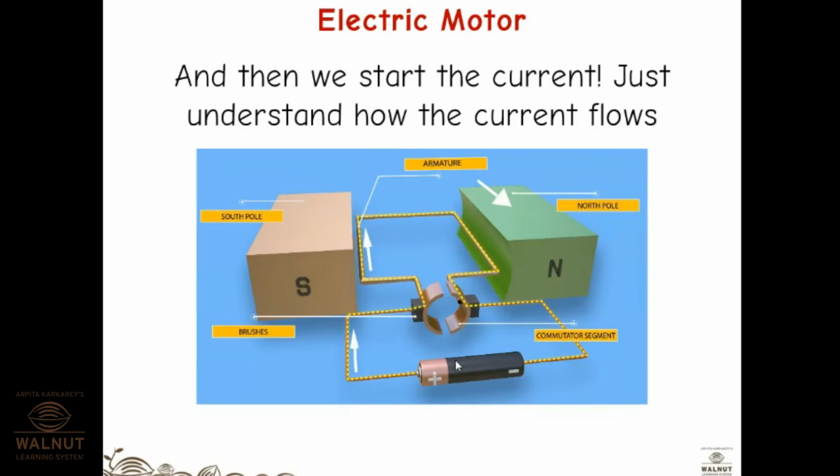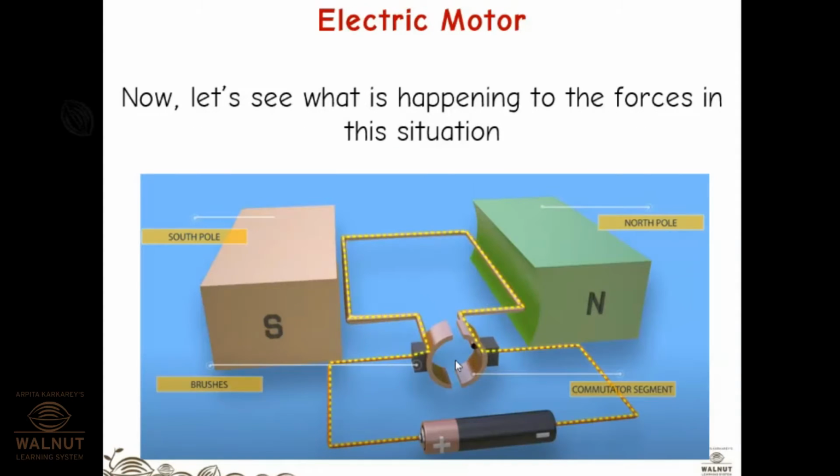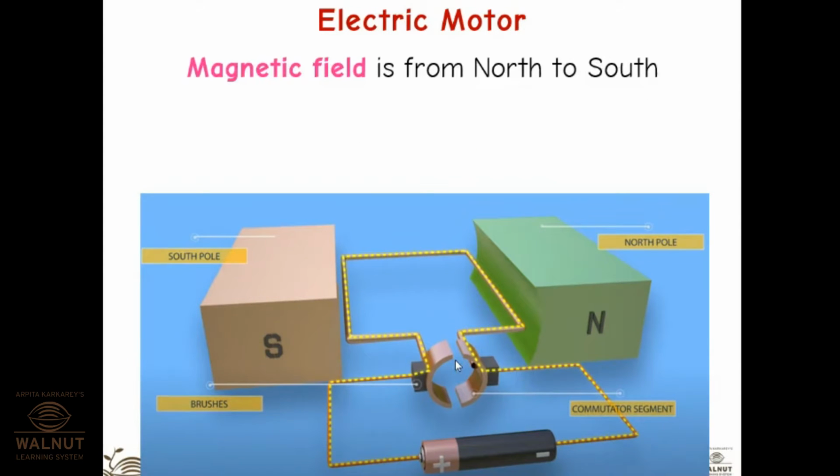Okay. So, did you understand the setup, everyone? What it comprises of, what an electric motor comprises of. Now let's see what is happening to the forces in this situation. Magnetic field is from north to south. This we have seen in the first lecture. Okay, outside the magnet, the flow of magnetic field lines is from north to south, like this, the pink